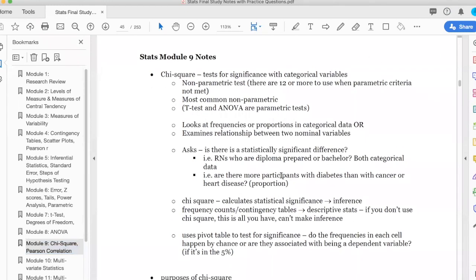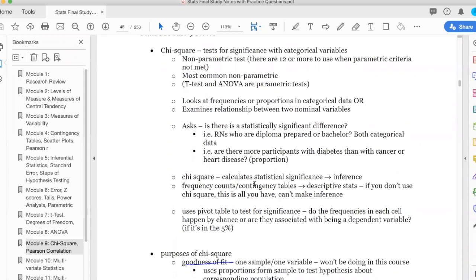Okay, so up until now, we've been talking about parametric tests, right? Those are your t-test, your ANCOVA, Pearson R, what we talked about earlier. So the chi-square is actually a non-parametric test. And there are a bunch of these. Actually, you don't even use them in the course, but you'll need to know a couple of them. They're listed here. So really the big thing about this is that you're looking at